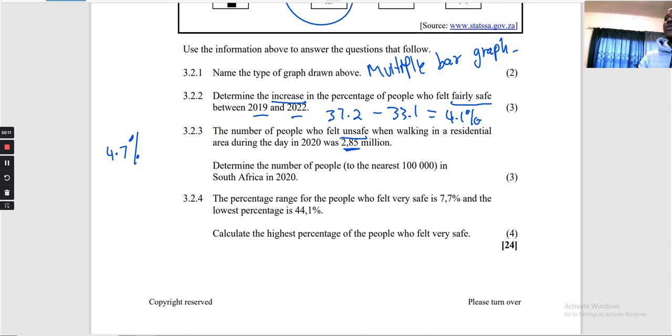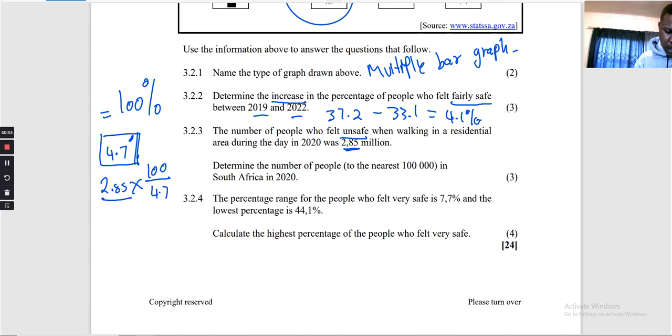So we need the total number of people. If we need the total number of people, we're going to take the number of people available. Let me show you. This number represents 4.7, but then what do we need? We need 100% of the people. So what are we going to do? We're going to multiply by 100 because we need everyone. The 2.85 million are the people that said they are feeling unsafe. So you're going to have 2.85 multiplied by 100 over 4.7, and that will give us a total of